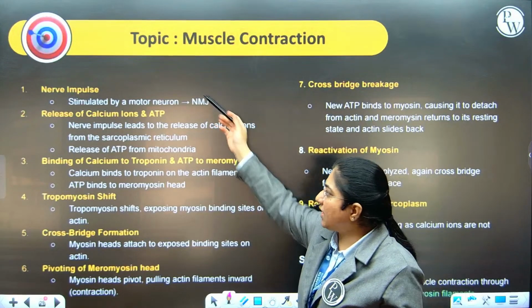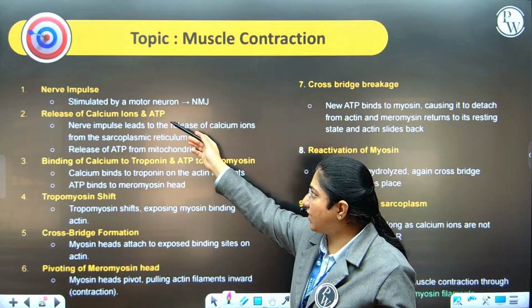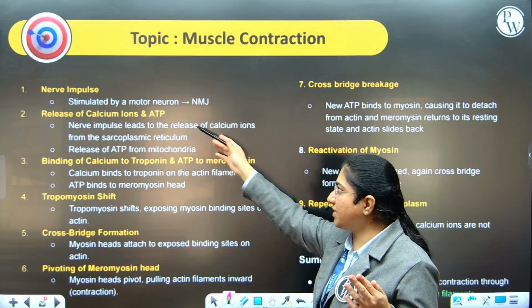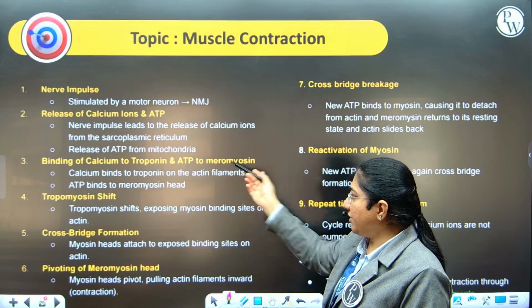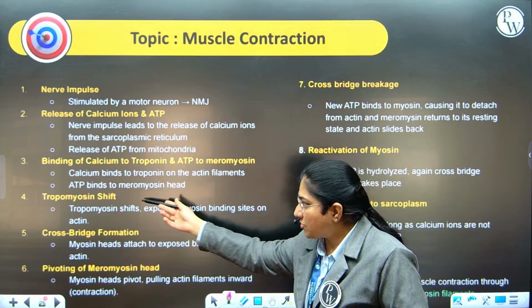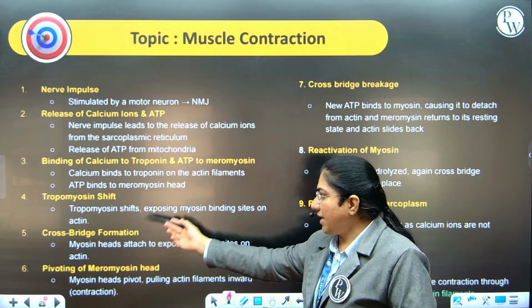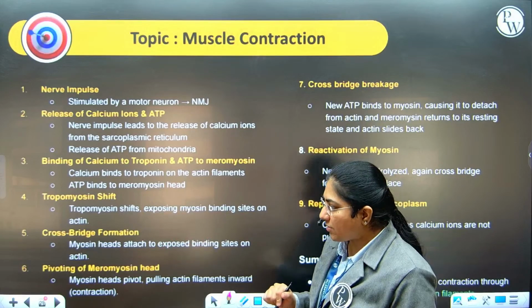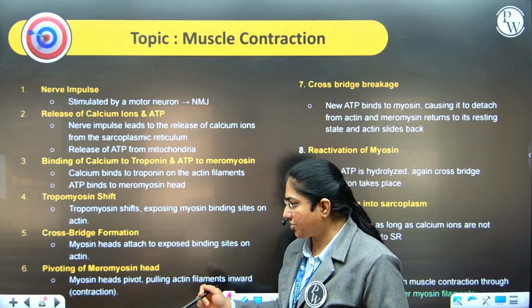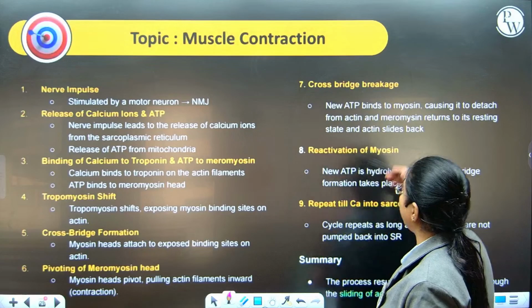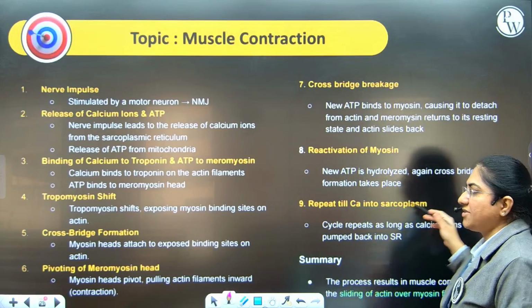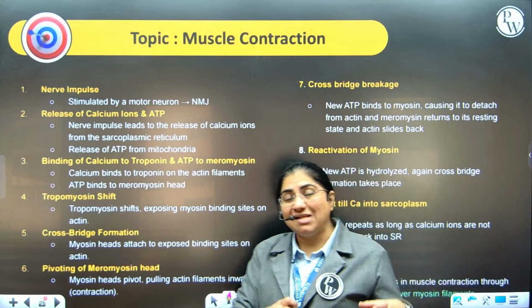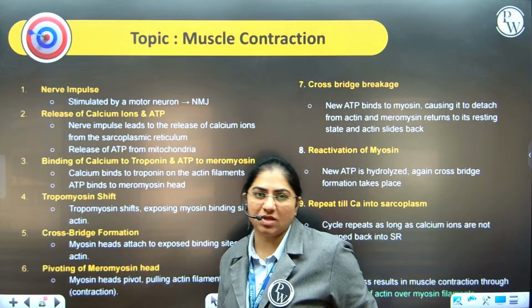Nerve impulse coming at the neuromuscular junction, there is release of calcium ions and ATP from sarcoplasmic reticulum and mitochondria. Binding of calcium to troponin, ATP to meromyosin. Tropomyosin shifts and exposes the binding site for myosin on actin. Cross bridge formation takes place, pivoting of meromyosin head. Cross bridge breaks, reactivation of myosin, and this keeps on repeating till calcium is pumped back into the sarcoplasmic reticulum,